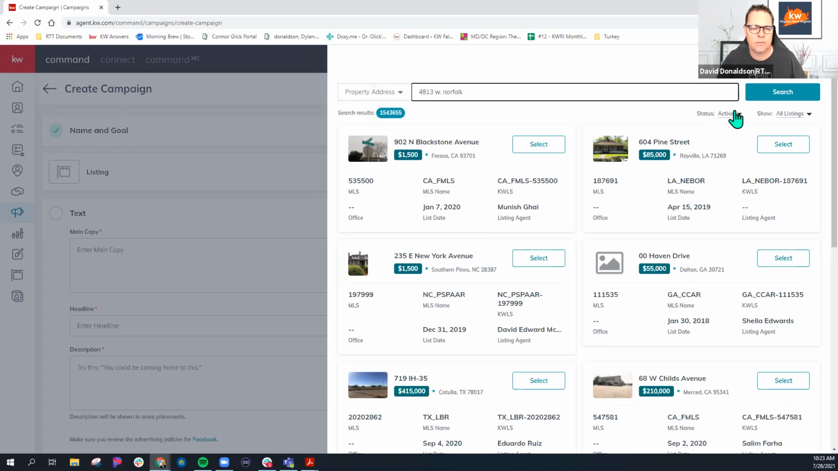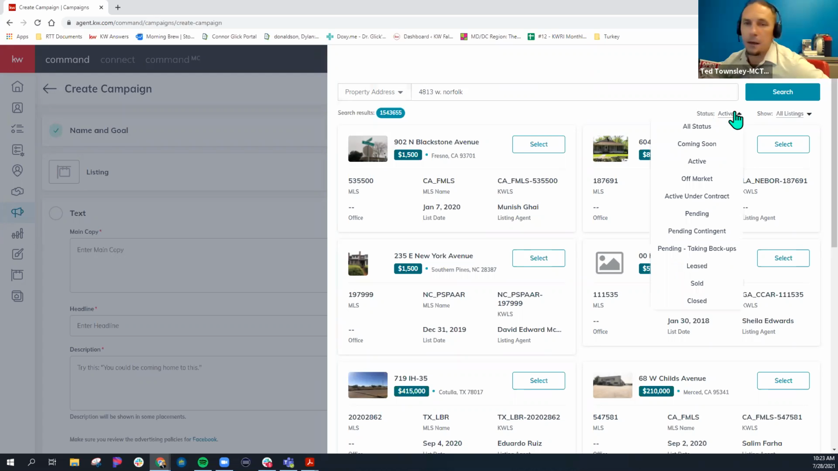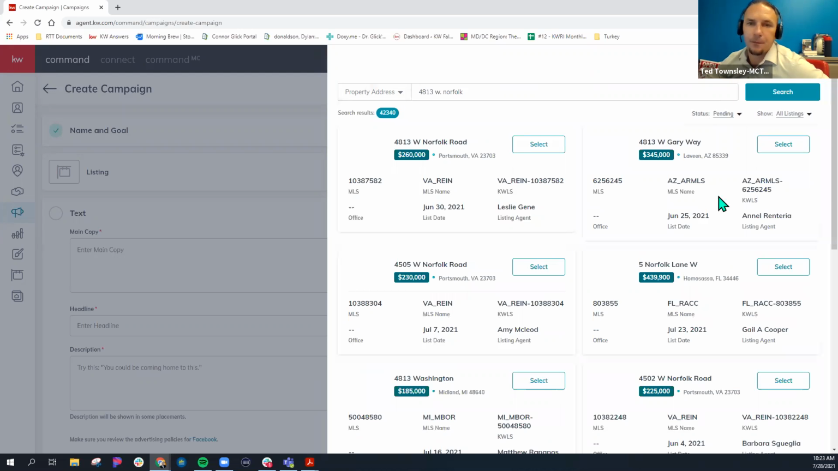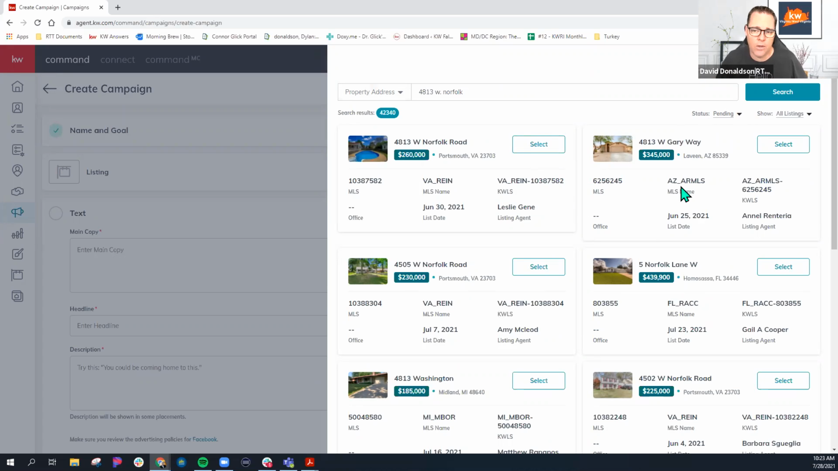Is it active? It's pending now. Yeah, it's right there. So you see, do take notice that this is outside of Northern Virginia where I do practice,